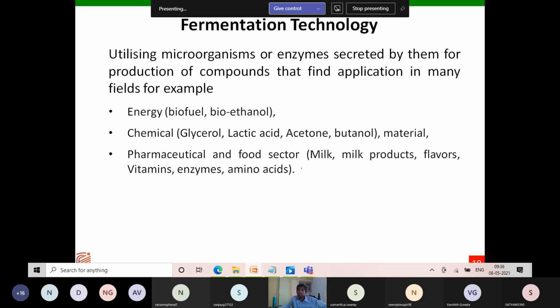Also, this technology is utilized in milk production. How is it utilized? It helps as a fuel to heat the milk, in processing milk, and also to get milk products. That is how ethanol is utilized. Vitamins production, enzyme production, amino acid production, etc. So it is basically acting as a fuel. Fermented ethyl alcohol is basically acting as a fuel.